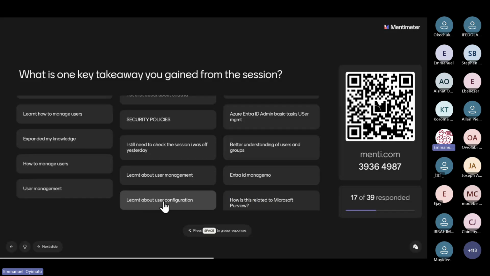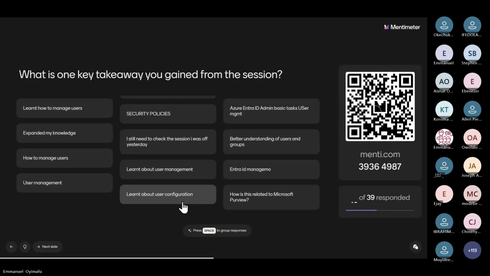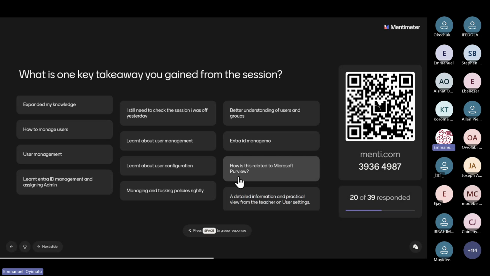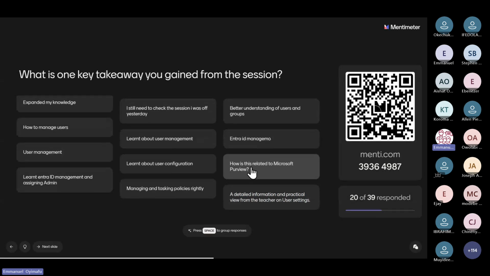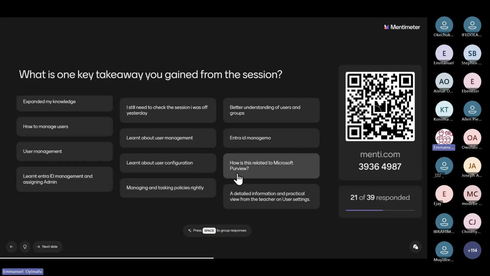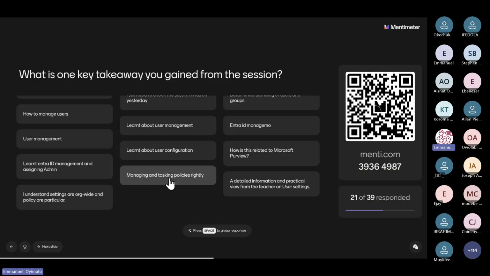Learned about user configuration. How is this related to Microsoft Purview? Okay, you are asking a question here. In the course of the training, we are going to see some relationship between Microsoft Entra ID and Microsoft Purview. Managing and tasking policy rightly. Cool.